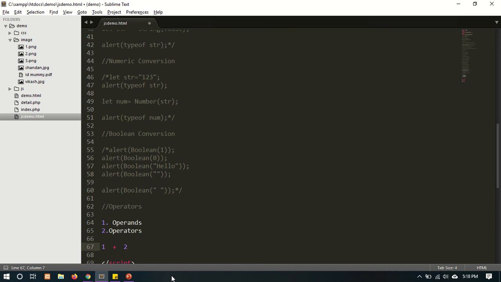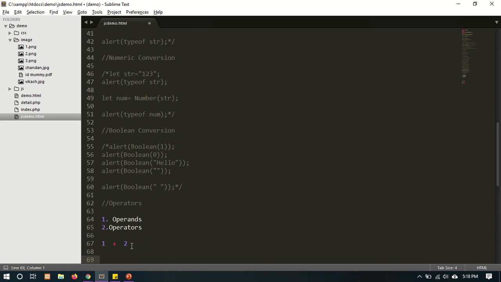There are two types of operators: unary and binary. An operator with one operand is known as a unary operator, and an operator with two operands is known as a binary operator.